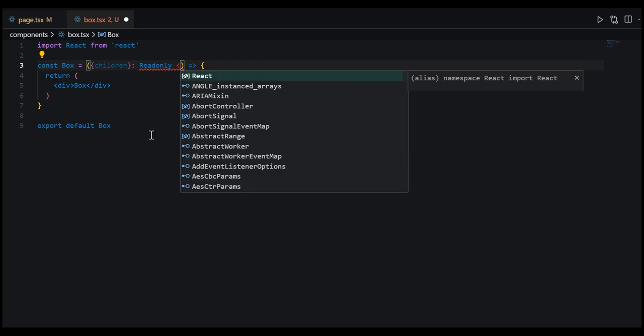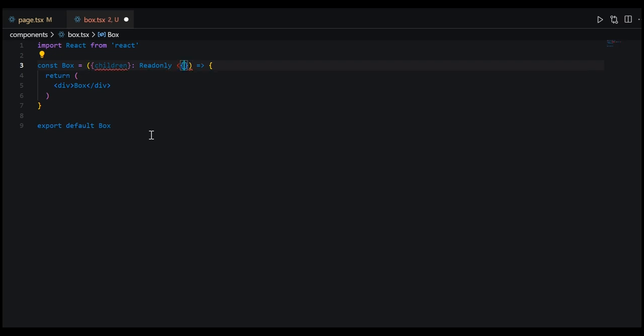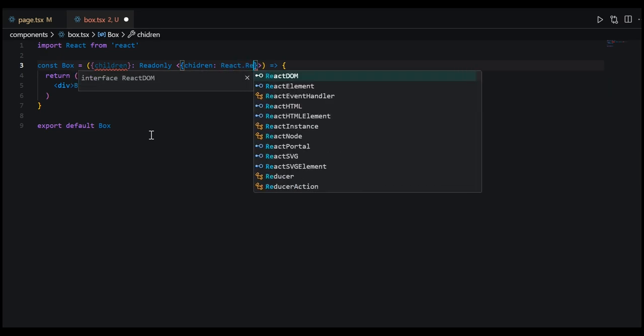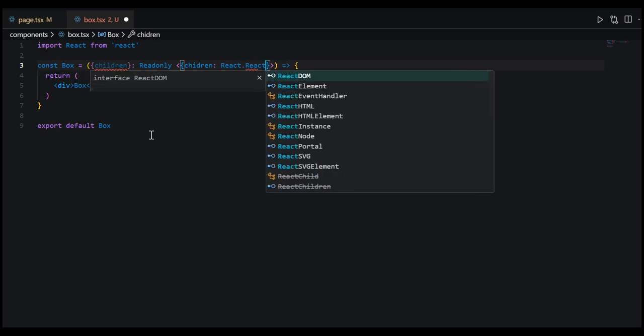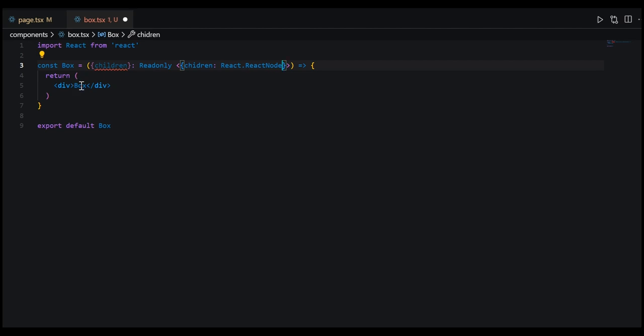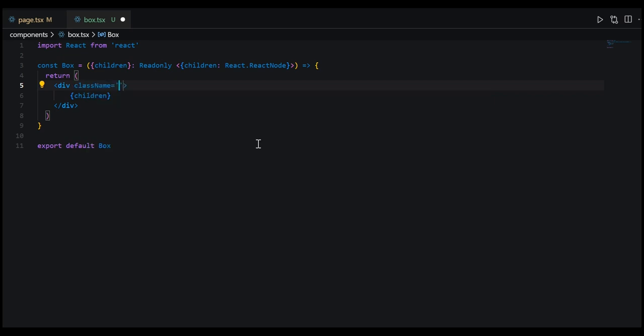And we'll have less than bracket, pass in the JavaScript brackets, and we'll say children. React node, and then inside of the div we'll replace box with children. Sorry, I just realized I misspelled children there. There we go. And inside of the div we'll give the div a class name, and we want to set